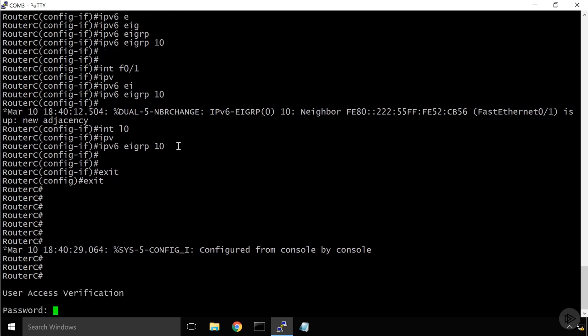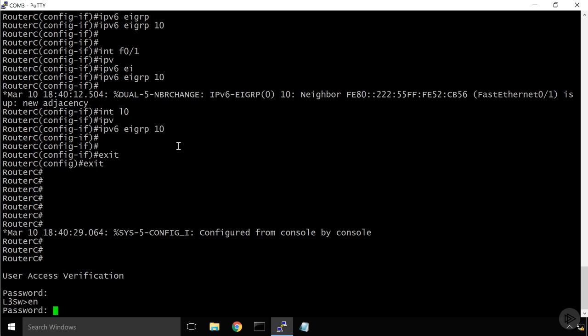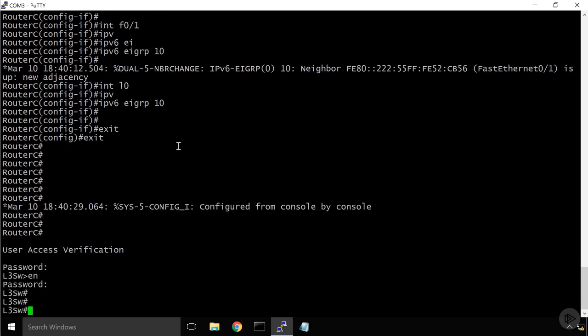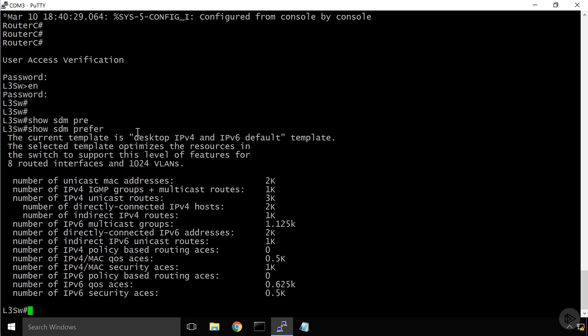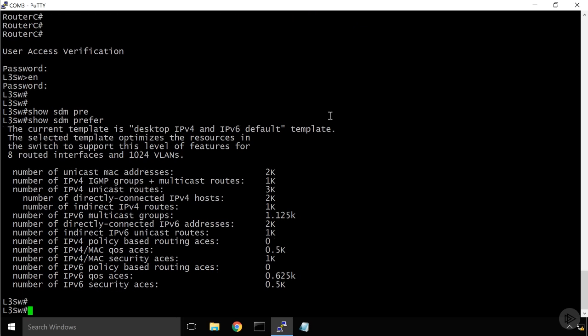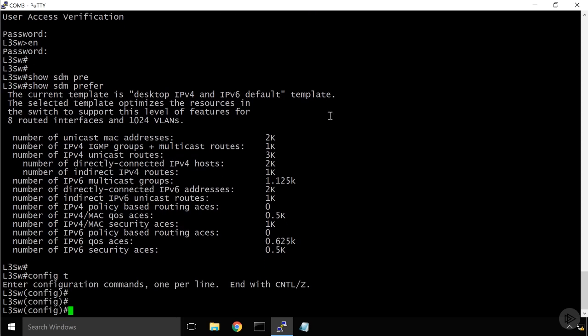So now I'm connected to the layer 3 switch. I will tell you ahead of time that I have already enabled the SDM to prefer IPv4 and IPv6. If I do show sdm prefer, we can see here that it is currently set up for both v4 and v6. If you need to know how to do that, I talk about this in the OSPFv3 lab, where we need to enable IPv6 on our layer 3 switch before we can get it to work correctly. Now that is correctly enabled, so what I can do now is just go on to my 3 interfaces here